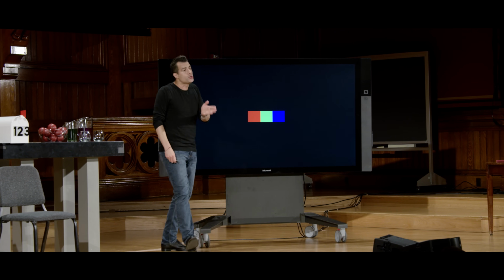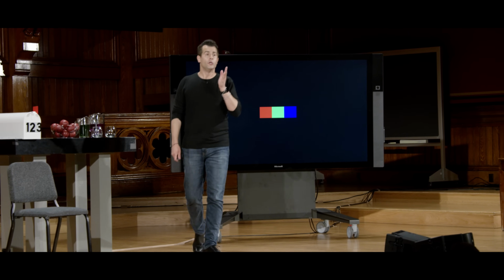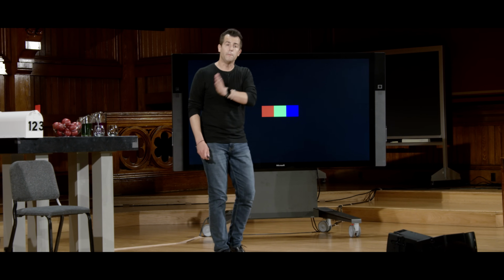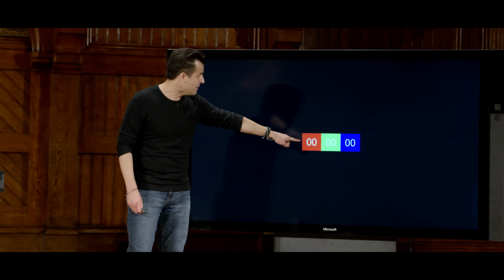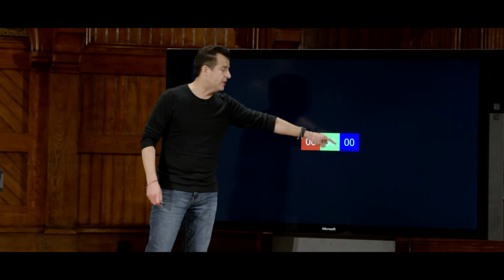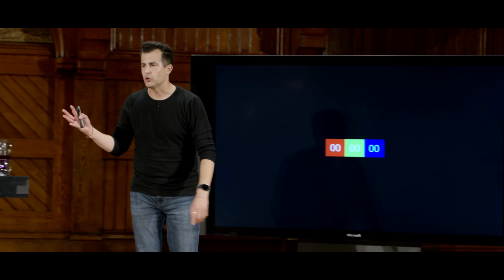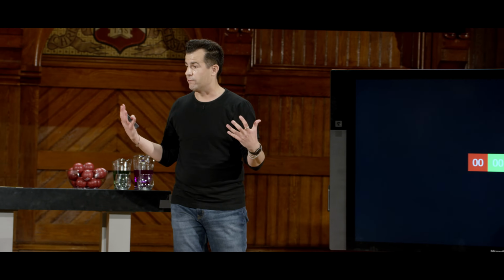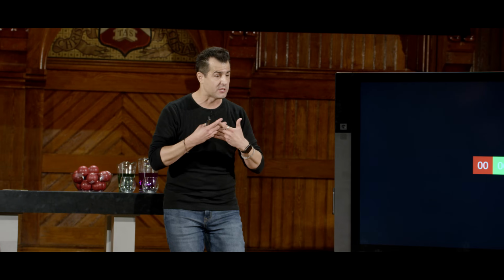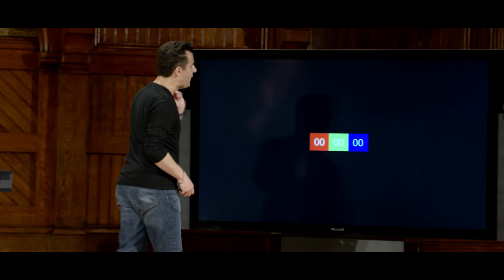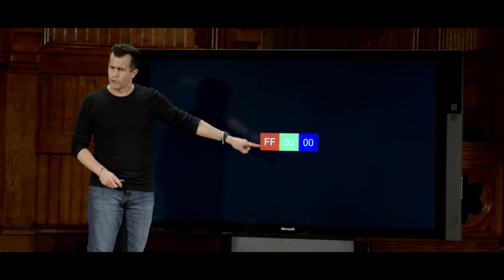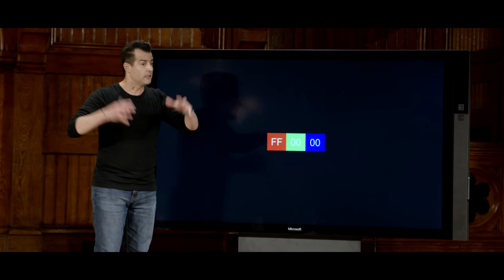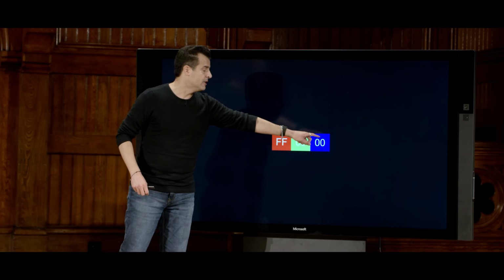Well, it turns out it's just human convention to describe the amounts of red, green, and blue in a color in terms of hexadecimal digits, where this means give me no red, no green, no blue. And if you think back to week 0, that's actually going to give us black. If you have none of those 3 colors, it's just the absence of those colors, and you get black. If, however, you have FF, which is what? 255 amount of red. That's a lot of red. And 0 green, 0 blue.